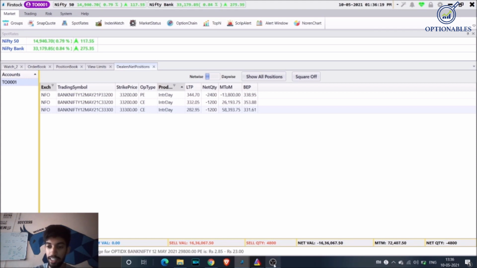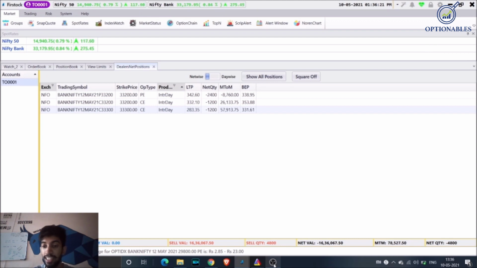Right. So when we further move ahead around 1:40, you can see that the M2M has shot up quite a lot, because the market is just where it is, and we haven't done anything to the trade. The premiums are now balancing on their own, so we haven't adjusted any position. The M2M shoots up to 72,000 on its own just by theta decay. It's just been hardly 36 minutes since we were at zero,